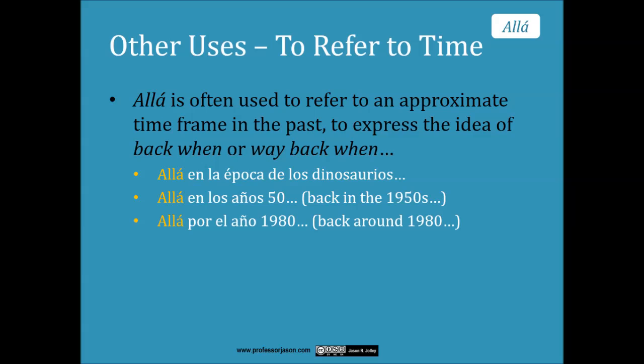So a couple of examples, or 3 examples. If I want to say something like, back in the era of the dinosaurs, I might say, allá en la época de los dinosaurios. Or if I want to say back in the 1950s, allá en los años 50, or back sometime around 1980. So again, it kind of communicates that idea of vagary in time in the past. Allá por el año